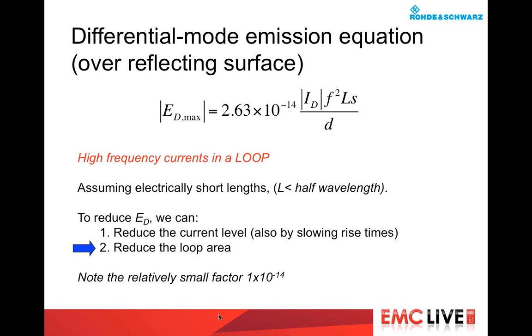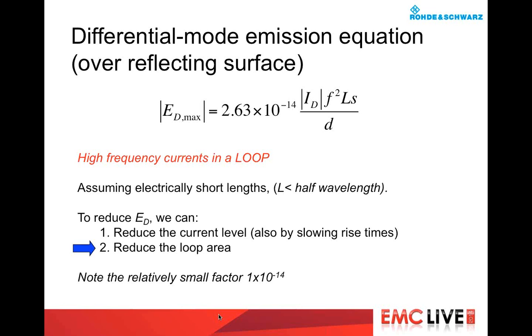Typically, because we design our circuits using ground planes, or signal or power return planes is a better way to describe that, these loop areas are very small, and so you can see that there's a constant 2.63 times 10 to the minus 14. That's a very small number, and so typically the E fields from current loops are small and insignificant. On the other hand, for common mode currents, you can see that the constant is orders of magnitude bigger. It's 10 to the minus 6. It's a similar equation,